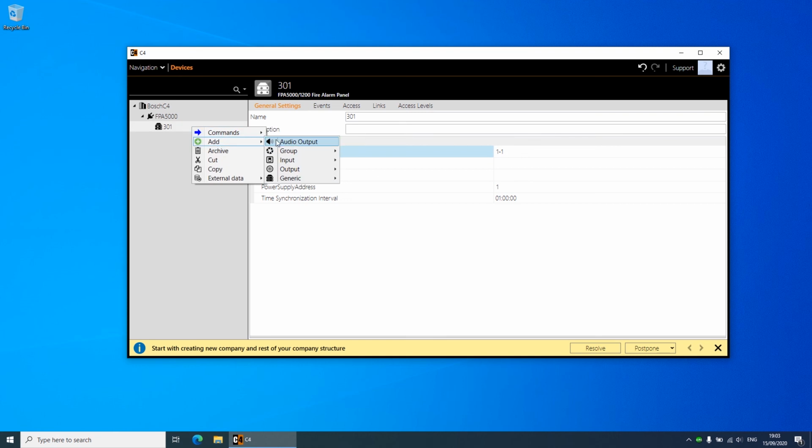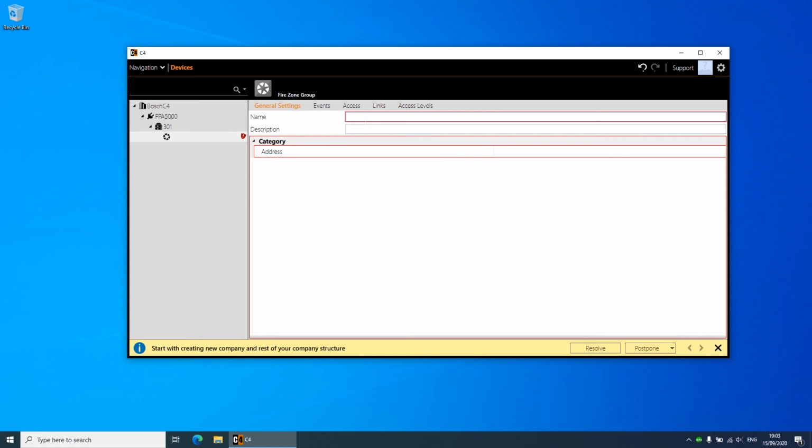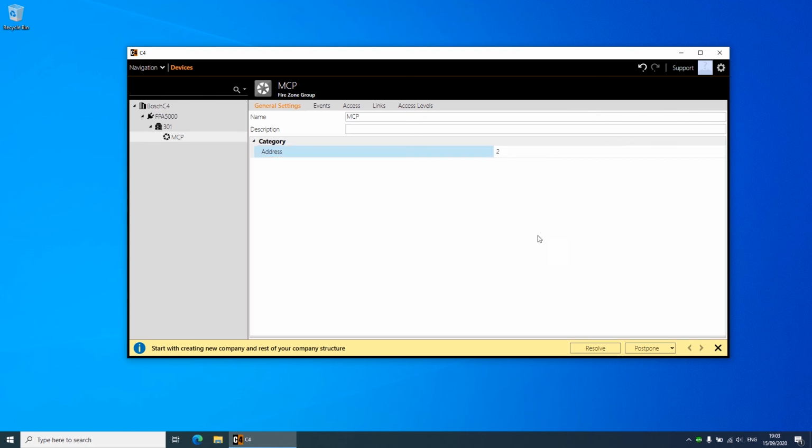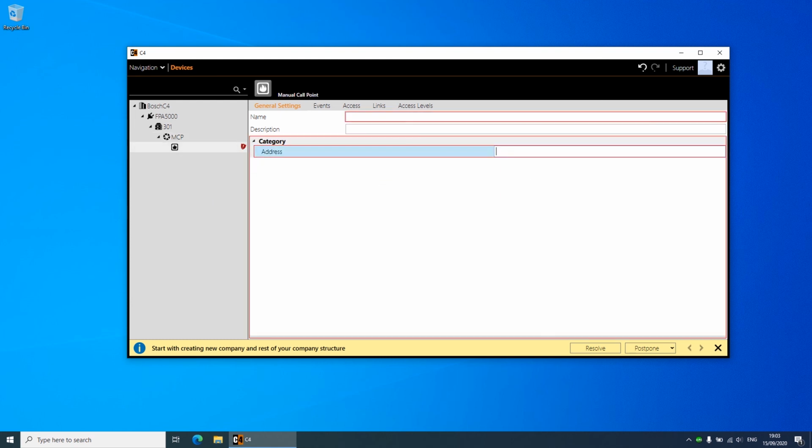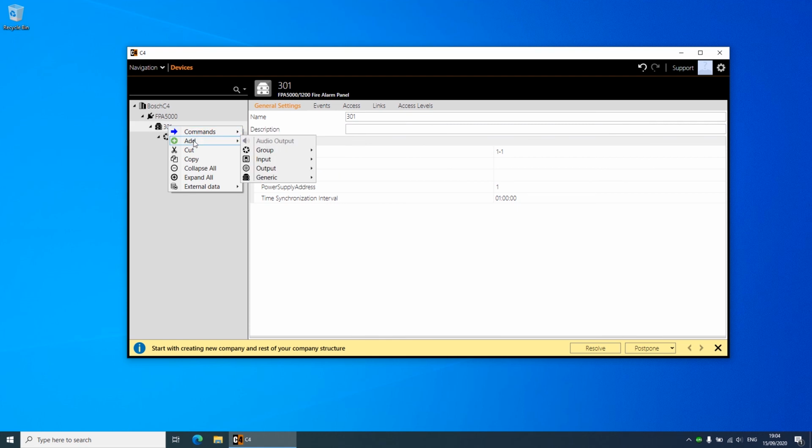Then furthermore, we need to add something to verify whether everything works. So the easiest thing is to add a manual call point. I know my manual call point on this panel is point number 2, and we still have a sub address of number 1, which is the full address of its devices. To make it look better,